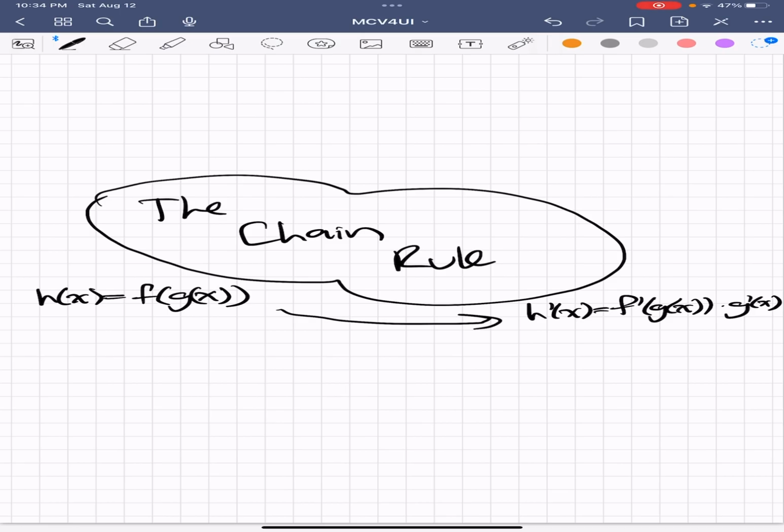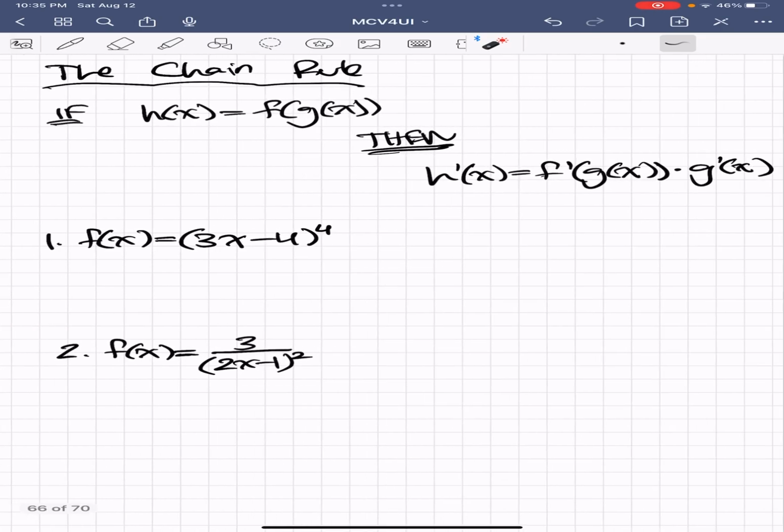It's part of the unit of derivatives in the calculus course, or grade 12 calculus. So I have the formula here. If h equals f of g of x, then the derivative of h is the derivative of f of g of x multiplied by the derivative of g of x, or what's inside the brackets. So let's begin. Again, we have the formula right there,